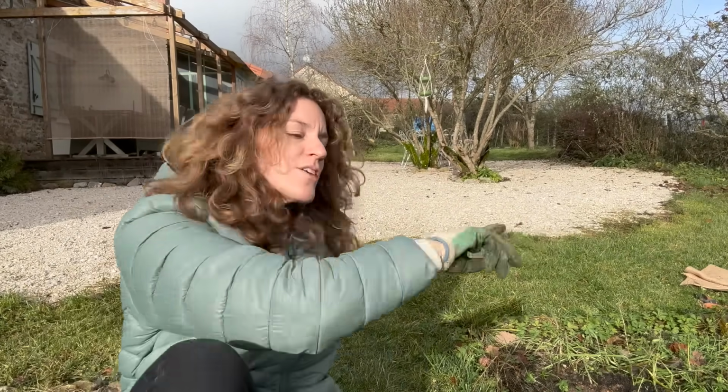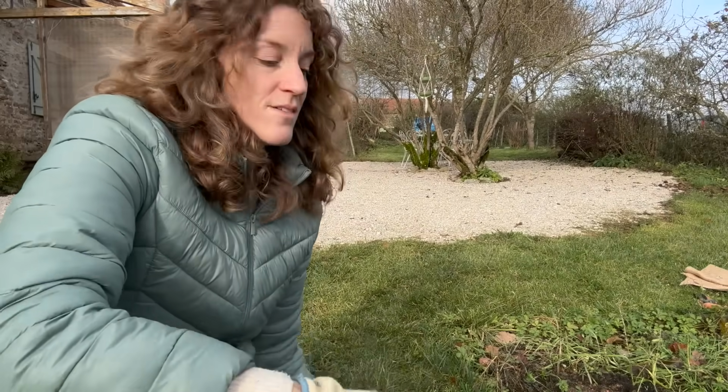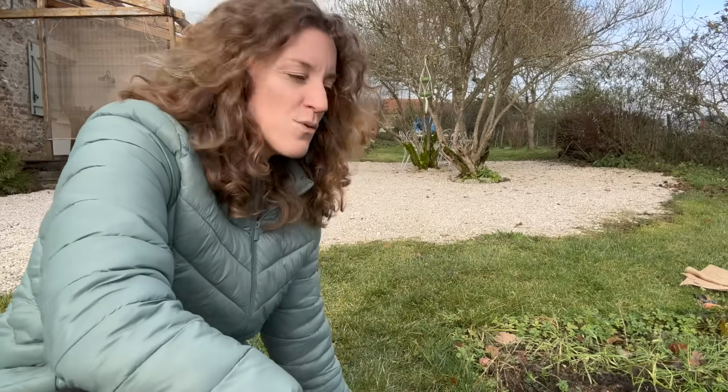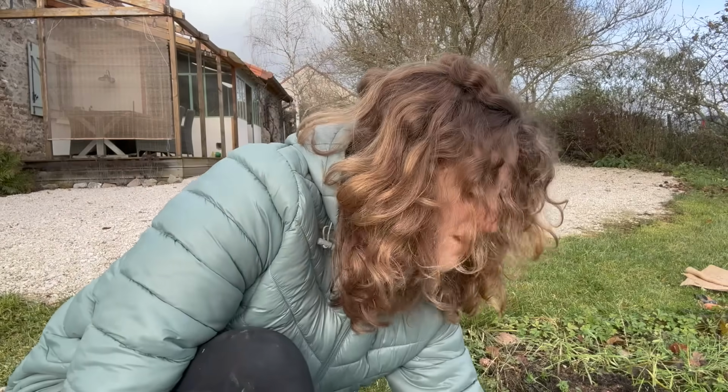I do not enjoy it. I enjoy harvesting from the garden and cooking with it, but I just don't like this kind of work. But I guess it comes with owning a house like this and this lifestyle, and I've told myself I just need to